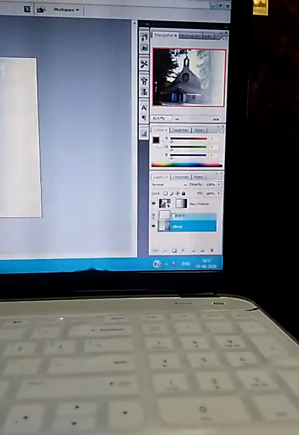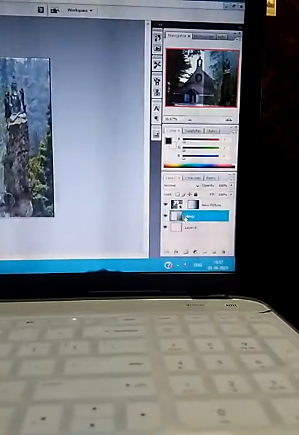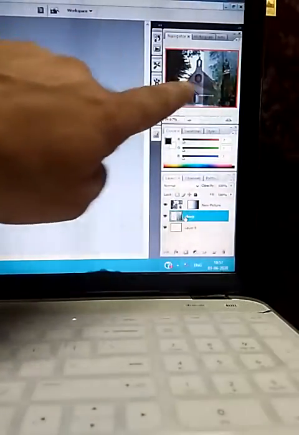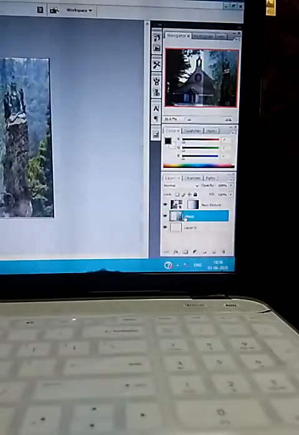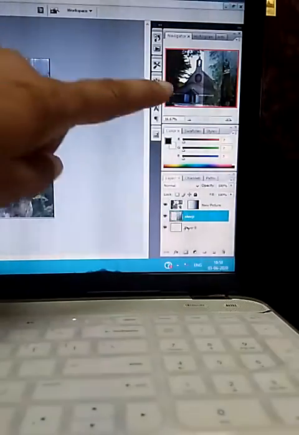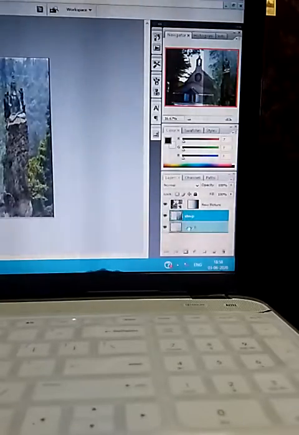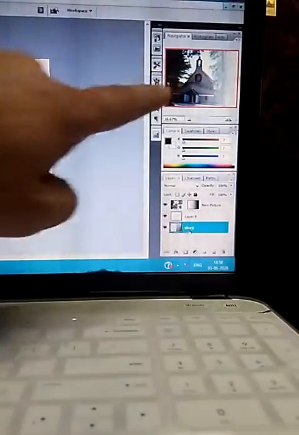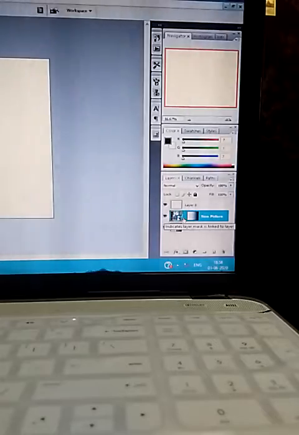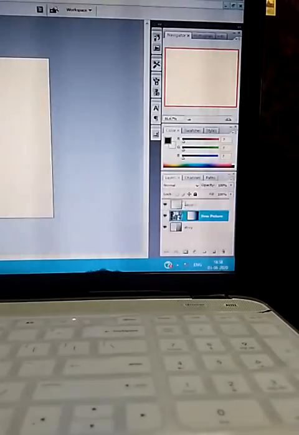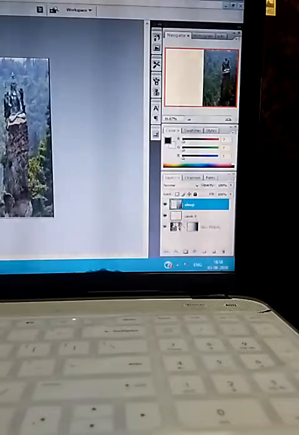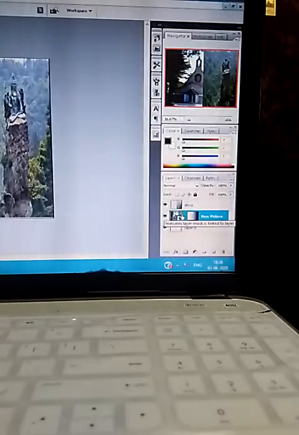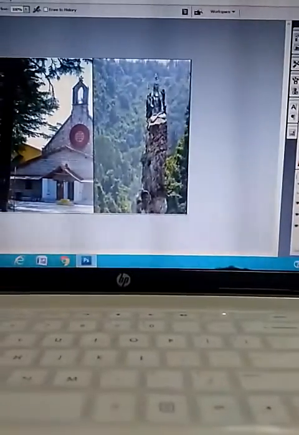If I am putting it over here in between, then you will see here that these two pictures are showing to you. If I am setting it down, only the gradient layer will come. Only one picture is showing here. And if I put this picture down, then you will see that the blank layer is at the top, and here we have Shift J, and then we can just add my picture. So this way we can add two pictures and show the effect properly.